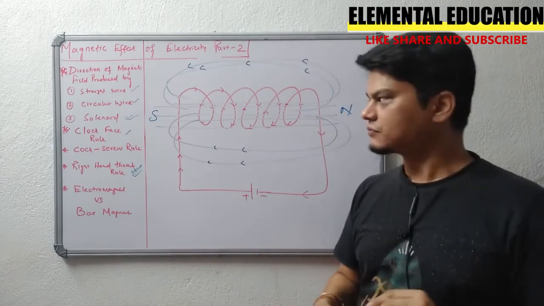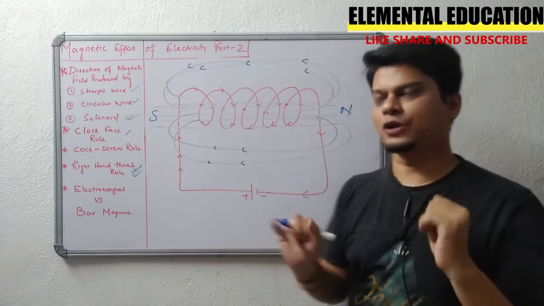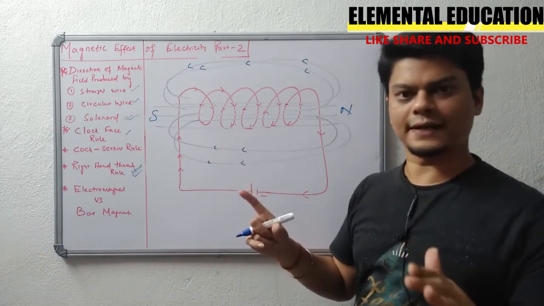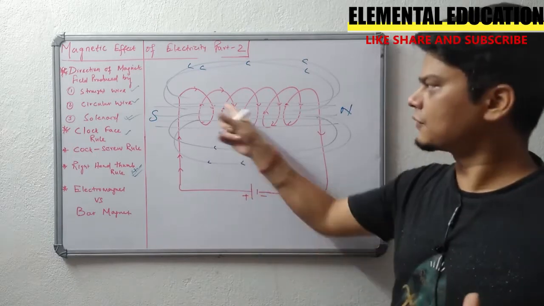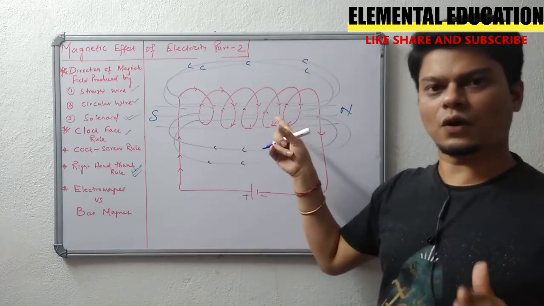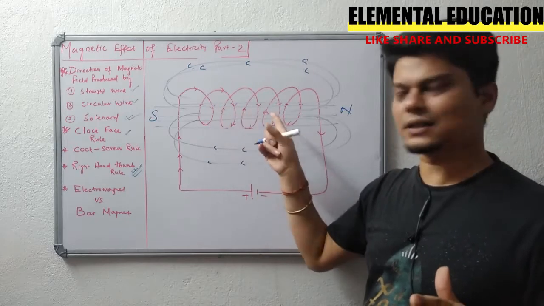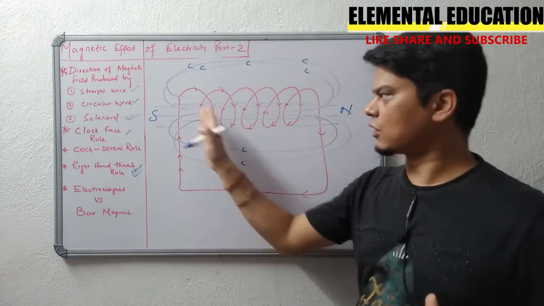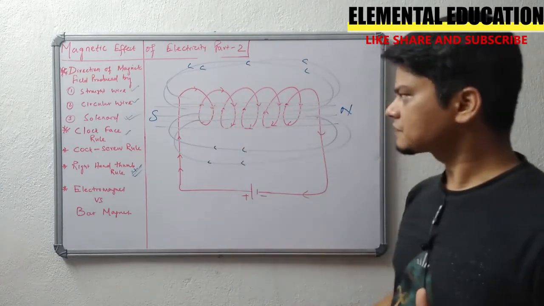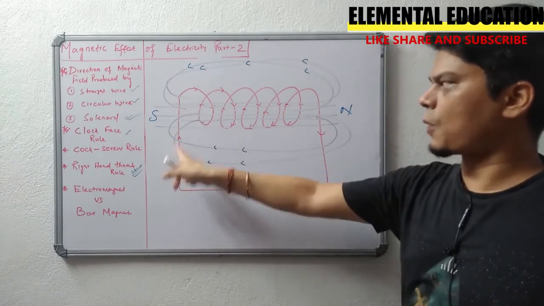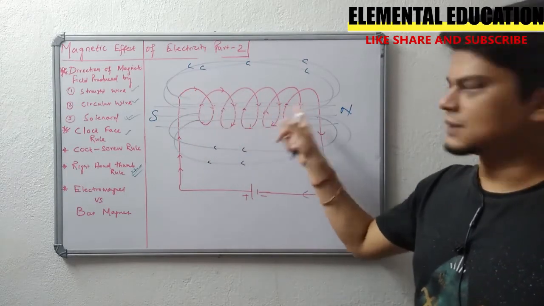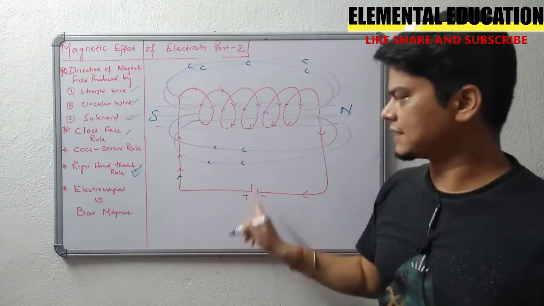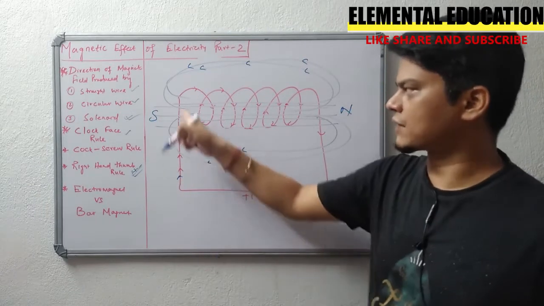So guys, let's see what is a solenoid. Solenoid is an electromagnet made up of a number of turns of the coil or current carrying conductor. They are turned around a soft iron core. For our understanding, I have not taken an iron core inside it, soft iron core. This is a copper wire, I have taken 5 or 6 turns for our understanding. So the direction of current flow will be in this direction, from positive to negative.